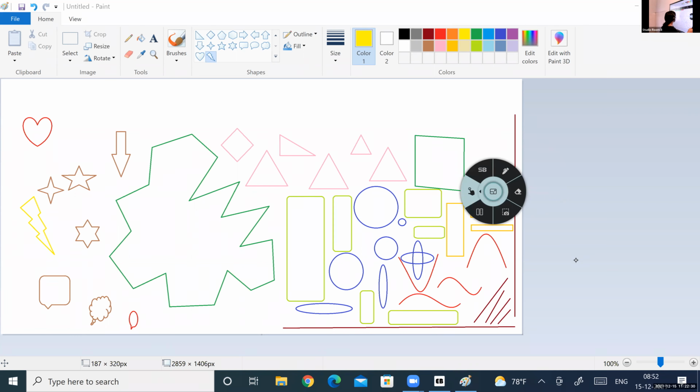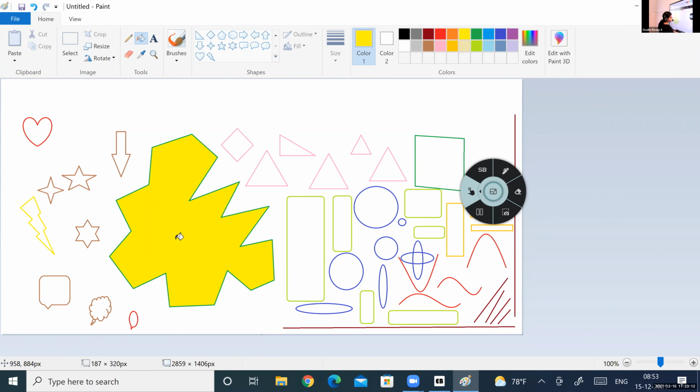Listen to me. Did you understand how to use the shapes tool? Yes. Okay. Now, if I want to fill this shape, how many sides did it have? 20. I want to fill it with yellow color. What will I do? You must click on the color tool. Okay, I selected the color tool. What should I do next? Now click on the shape. I have to select yellow color and click on the shape.